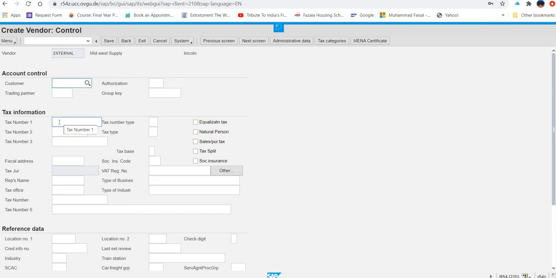So here 1 2 dash 3456 and then your GBI number, means in the exercise it is saying like this. So I'm going to put my GBI number and then as text number 2. So on the control screen, in the text information field group, enter this as text number 2 and replace this. In text number 2 they are actually asking us to enter this. So let's remove this from here.